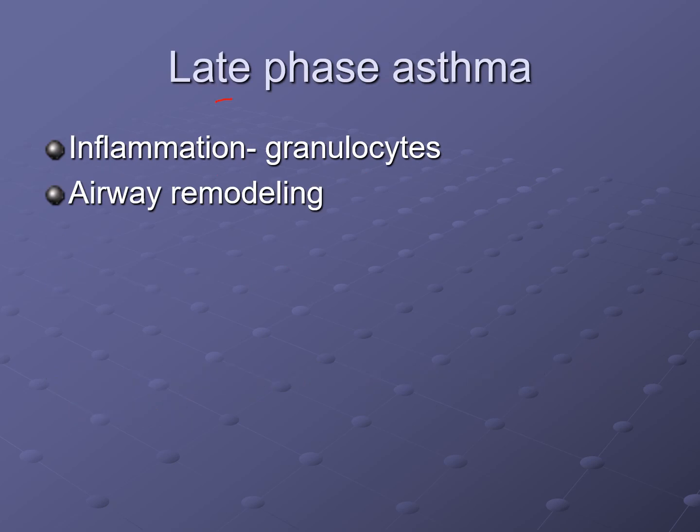So in late phase asthma, they'll develop more granulocytes and it'll look more bacterial. They'll actually even develop airway mottling if they haven't been treated for many, many years. This is one of the many reasons that we like to get people on an everyday inhaler if they're using their albuterol frequently, because the albuterol doesn't affect these processes. The albuterol will pull it open and help them breathe short term, but it doesn't actually affect the long-term effects of asthma.